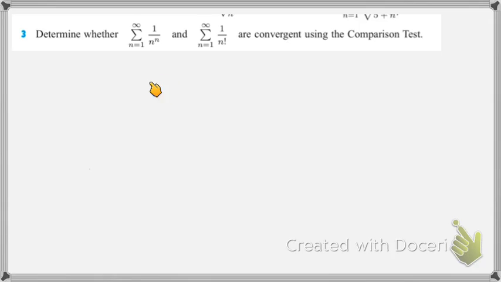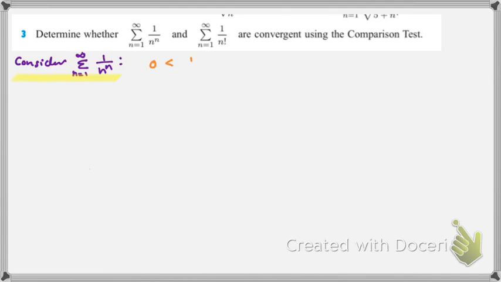We look at this question here now. To determine whether these two are convergent using comparison test, one thing we need to realize is that these are two separate questions. They're actually asking you to show that this is a convergent series. After you finish that, you try and prove that this is also a convergent series. So we consider the first one,